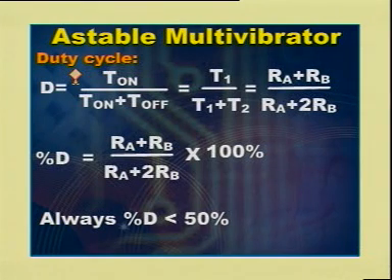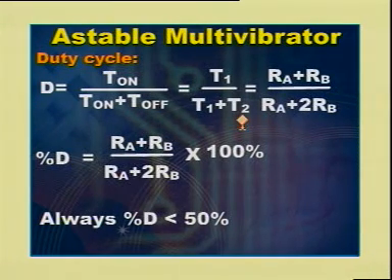Duty cycle is defined as on time period by total time period, where total time period is on time period plus off time period. Therefore, duty cycle denoted by D is given by D equal to T on by T on plus T off, that equals T1 by T1 plus T2, where T1 equal to 0.69 into RA plus RB into C,